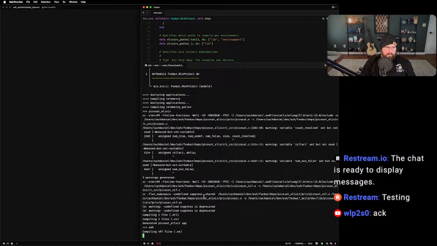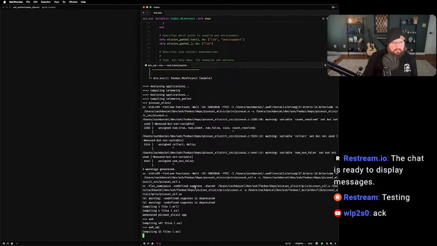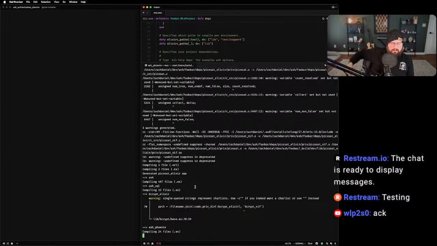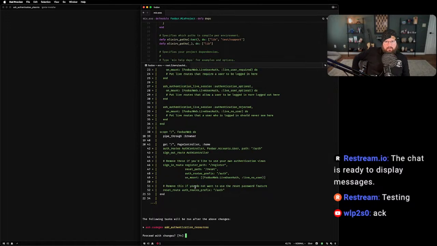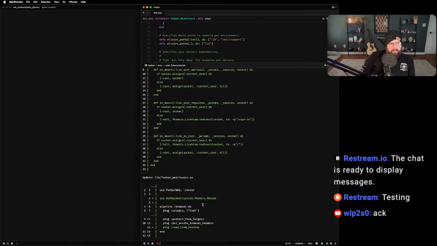I want to find ways to minimize this mixed deps compilation that happens in between installing dependencies. There's something wrong with the way that it does it, and I think this is something that language servers also have a little bit of a problem with. It's a pretty unique thing that I have to do, that Igniter has to do. Okay, so let's take a look.